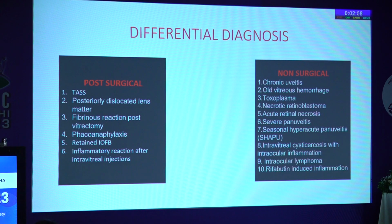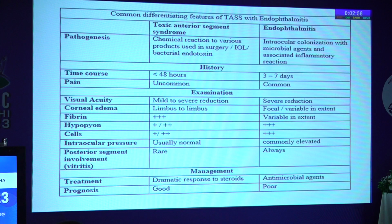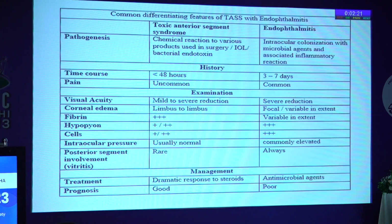These are some of the differential diagnoses. In the early phase, you must identify the differentiating features between toxic anterior segment syndrome (TASS) and endophthalmitis. In TASS, you must remember that it occurs very early, and the eye is apparently silent. There is limbal to limbal edema with high IOP. There is fibrin, hypopyon, and the hypopyon is sandy-like. It moves. And if you dilate the pupil, if you give a cycloplegic and a steroid, the pupil dilates very nicely, and you can peep inside the posterior segment to find that there are no vitreous strands or vitreous debris inside,